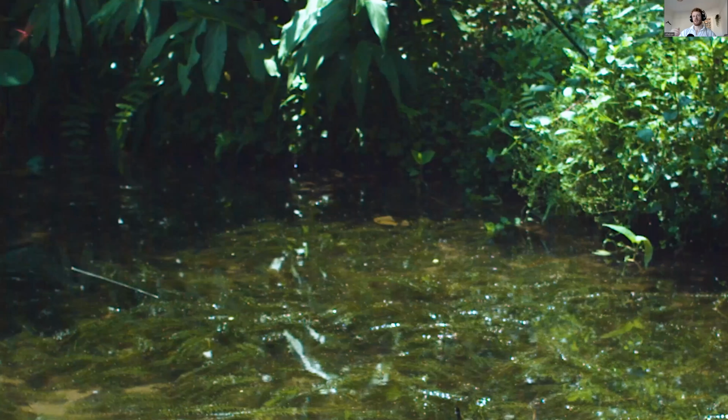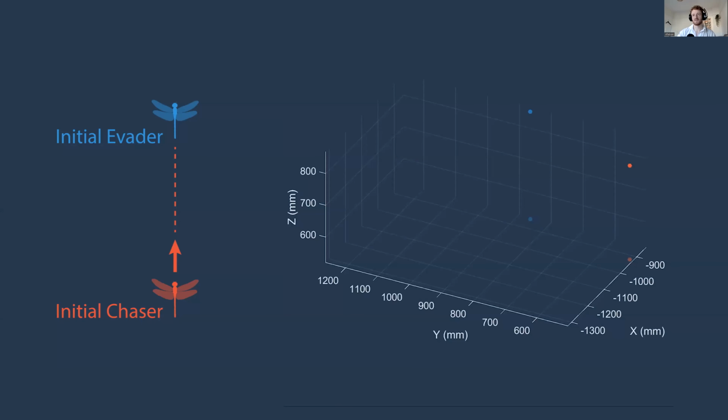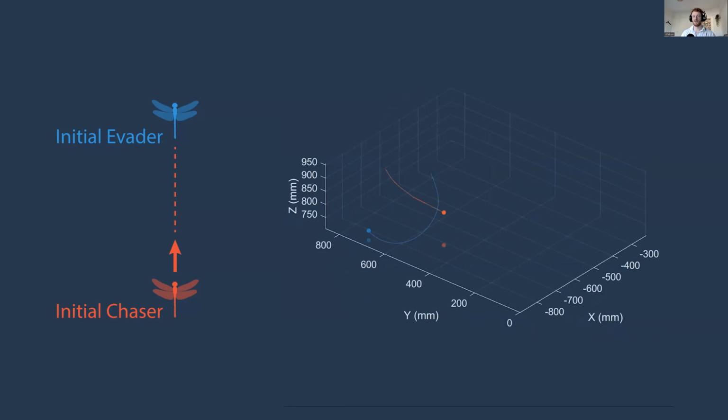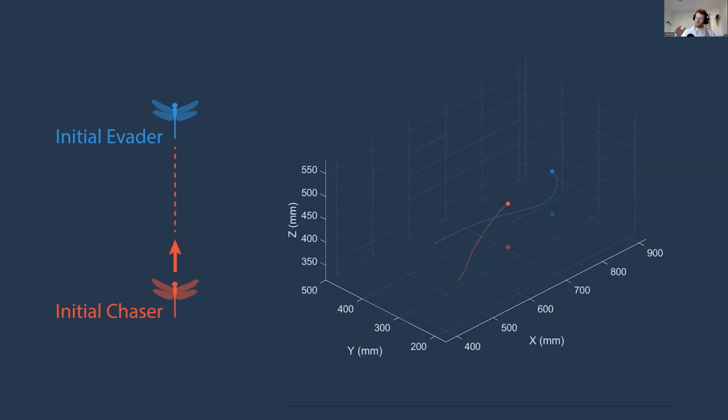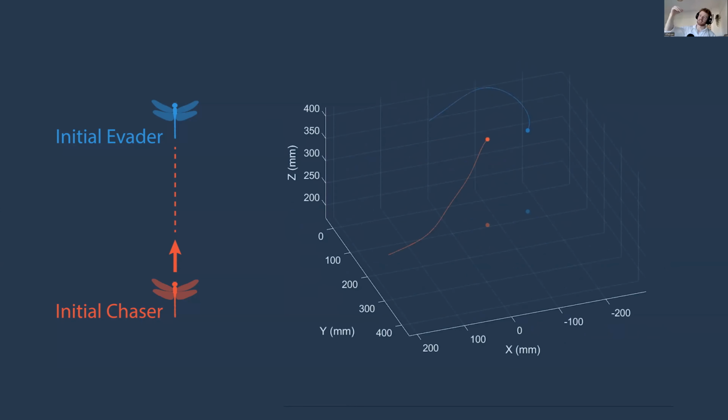But there's another element which is related again, and you're going to see it here. I'll let this video play again. So these are two of these Trithemis interacting. And right about this point, one of them circles around and gets behind the other. And again, this is similar to what I was talking about with the houseflies, that unlike in the predation, the initial evader, the one in blue, is able to switch tails and turn on the initial chaser and end up in this kind of prime position, sitting just behind the other. And so the way this works in dragonflies, or at least in the species of dragonflies that we've studied so far, is that they make a turn and a dive.